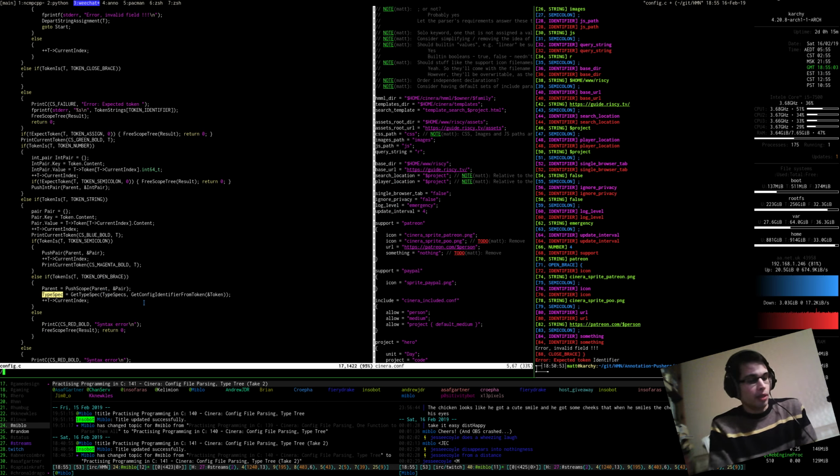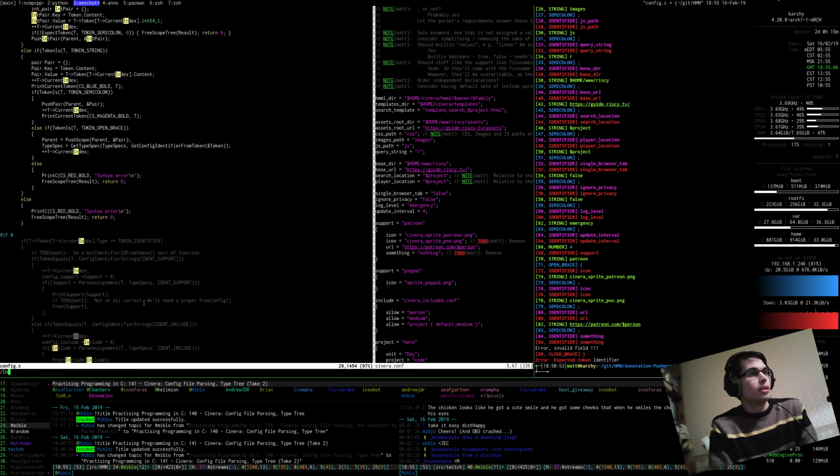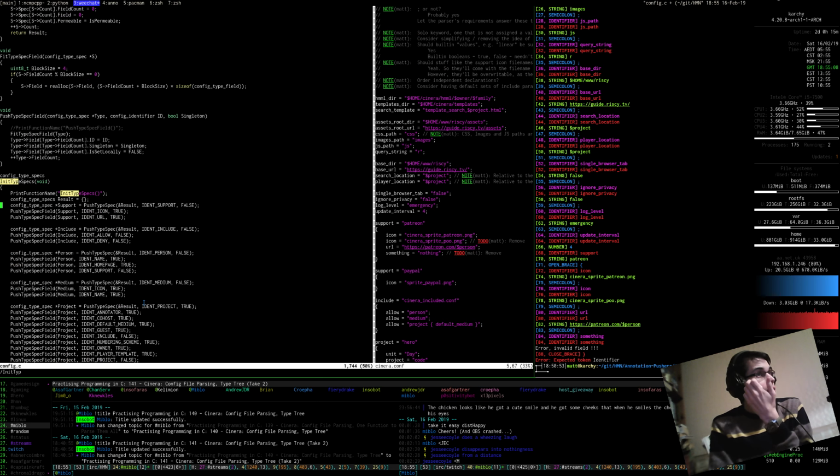Just to show what I mean by that, where's the type specs? Support, right? So you need to pull in the type spec for the support. All this means is that the support can contain an icon, see this here, and it can contain a URL. It can't contain a something, and that something is not even an identifier at all. Essentially, what that type spec means is that you get these, and this true means that something is single. In other words, this thing can only contain one of them. So this icon, this second instance of icon, is